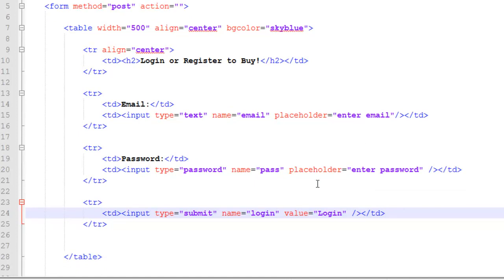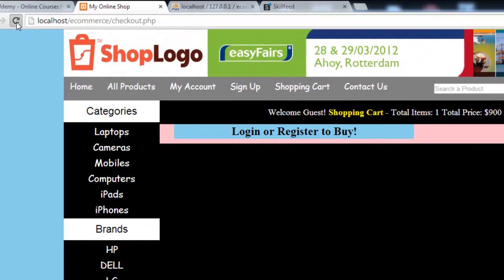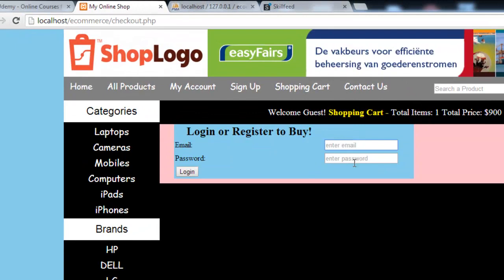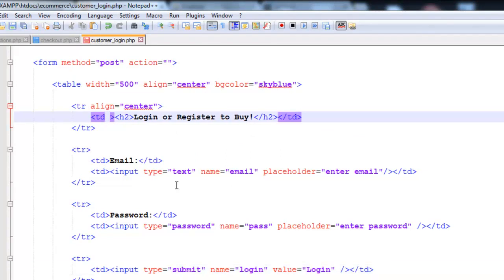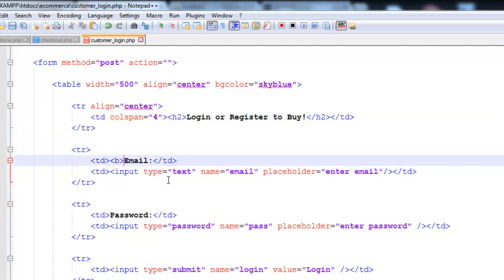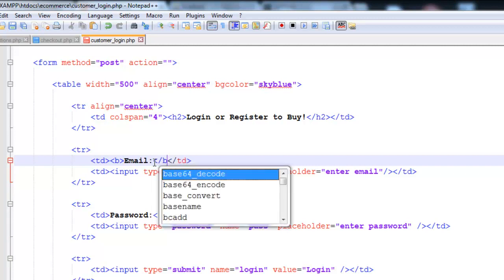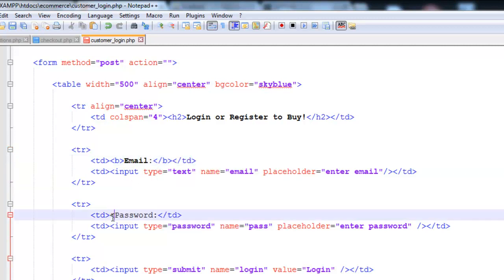Control S to save, and just come here and refresh the page. You see this, enter email, enter password, and these things are coming here. We need to just simply say into this one colspan, we need to merge the extra TDs. We'll just add 4 colspans there, and we will add B tag over here to make it bolder, and to this also, this simple text,